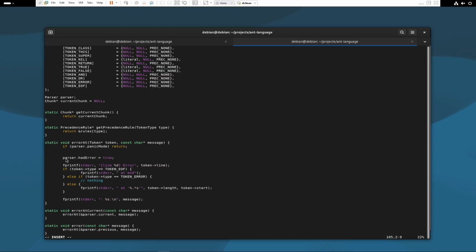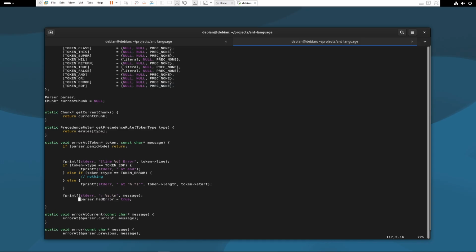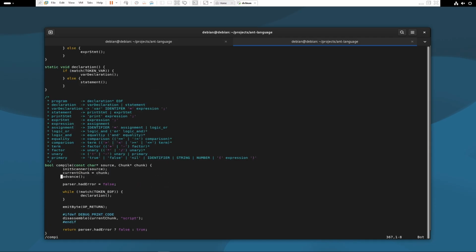Otherwise, I will make the value of panic mode true, with parser dot panic mode equal true. So let's go to our compile function, and I initialize parser panic mode to be false,